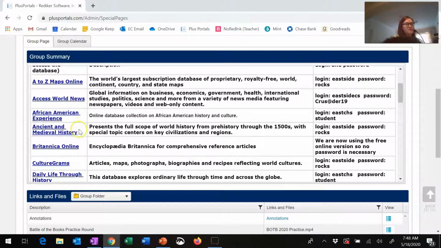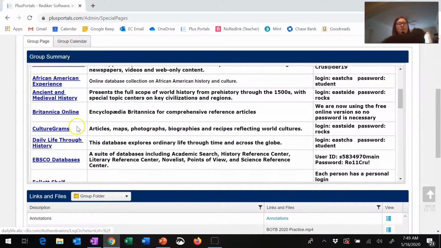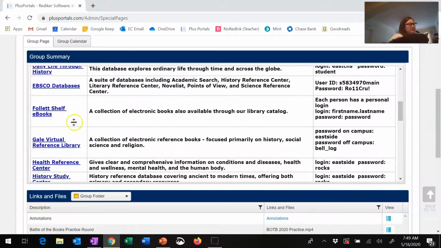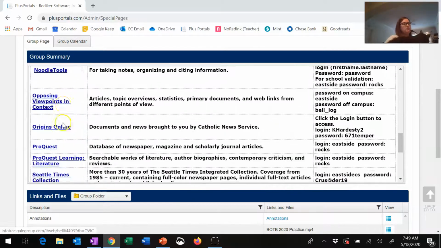Ancient and Medieval History is not going to be super useful. It goes from prehistory through the 1500s. We want to talk about how teens are making a difference in the world today. Encyclopedia Britannica, again, that's an encyclopedia, too general. What I'm going to recommend you start with is ProQuest. So I'm going to scroll down to ProQuest,